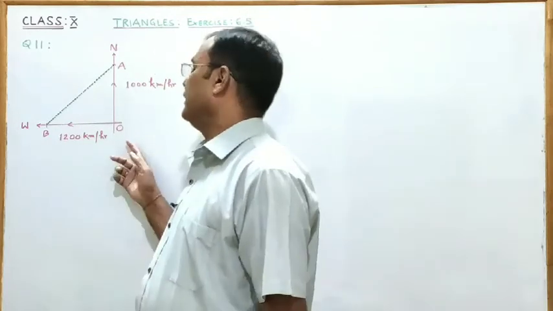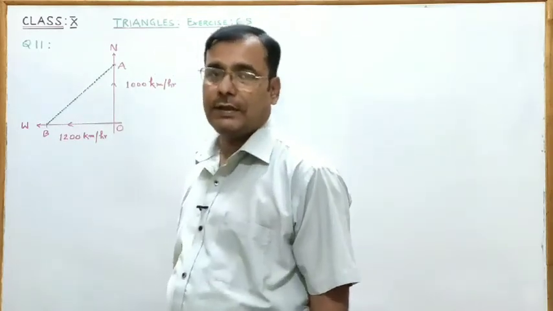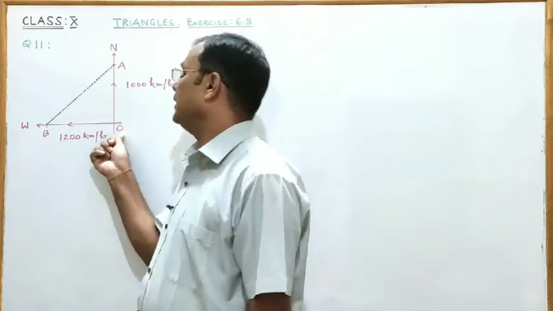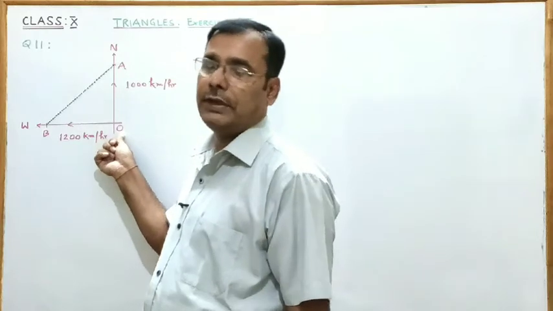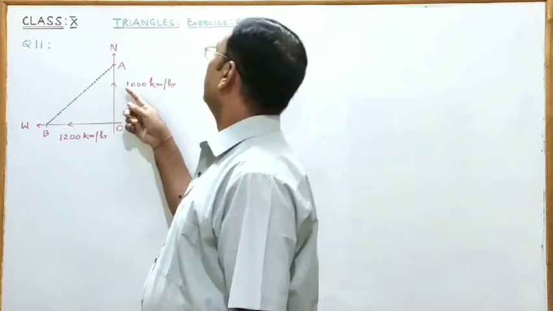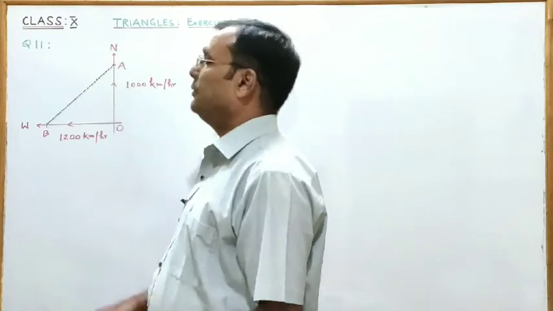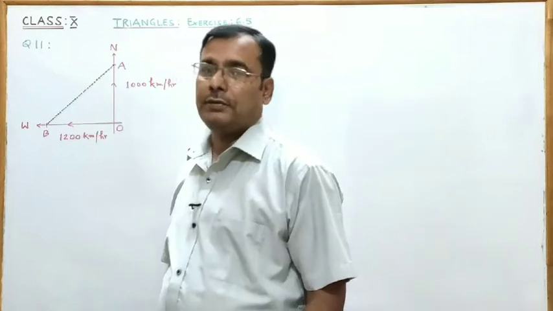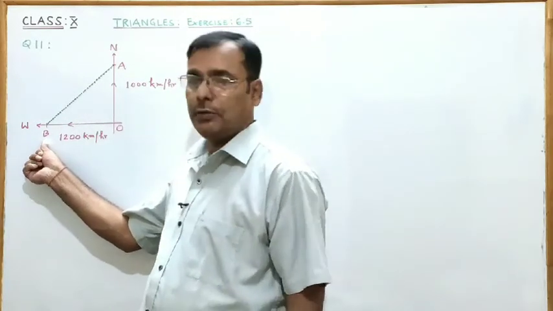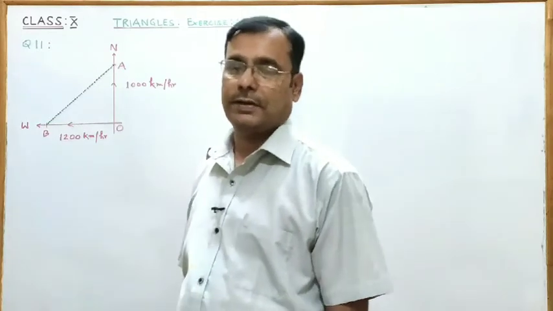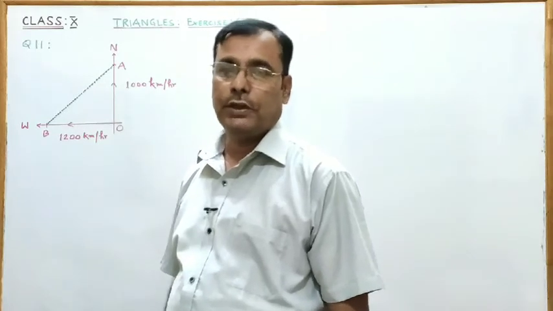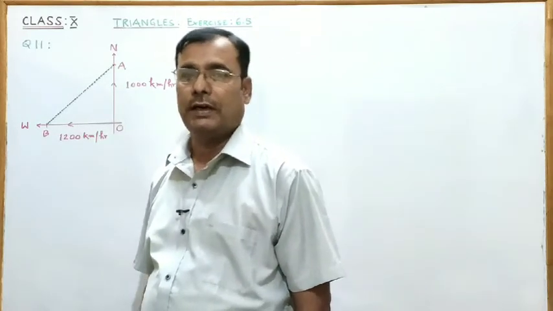We have drawn a figure that represents the situation given in the question. Let O denote the position of the airport from where the two aeroplanes fly at the same time. A denotes the position of the one aeroplane after 1.5 hours and B denotes the position of the other aeroplane after 1.5 hours. We have to find how far apart will be the two aeroplanes after 1.5 hours.